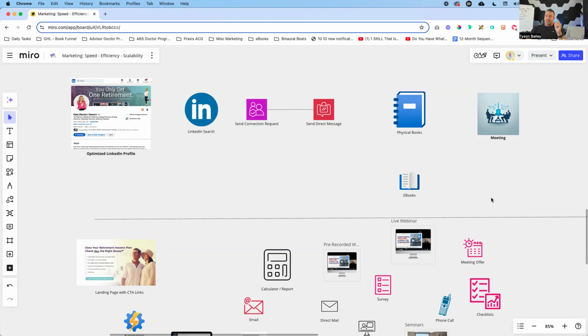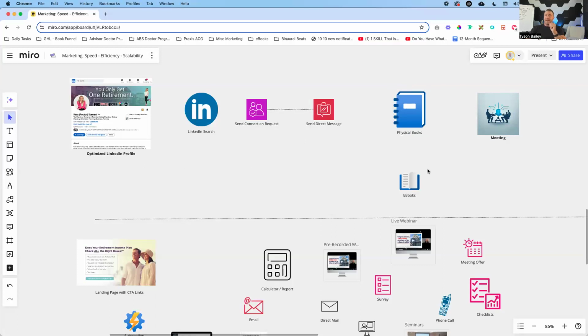But going through on the marketing side, one of the things that we always want to do is we want to make data-based decisions. We want to make sure that we remove our preconceived notions about whatever that book is or whatever the content is. We remove that from the equation and we think, what book is going to get me the most meetings? What book is going to get me the most qualified folks to come through and want to learn more? So with that, take a look at what books that you prefer, what you like, and just simply go test them.